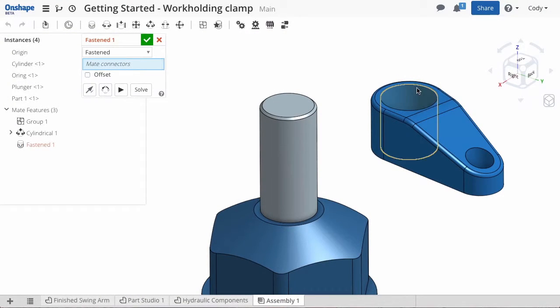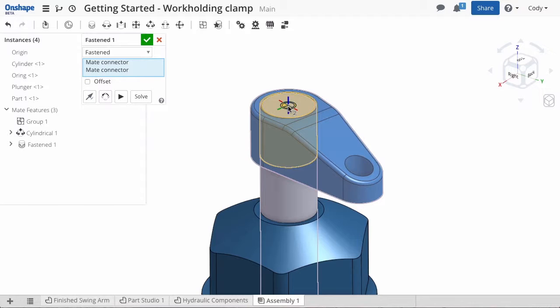After selecting the fasten mate and moving my mouse over a part, I can see Onshape highlight mate connectors available based on the geometry my mouse is hovering over. Onshape automatically highlights points of interest on the model and allows you to select the exact point you'd like to mate. You will see these points show as white dots while in a mate. Adding a mate in Onshape is as simple as selecting a white dot on each part and then define the